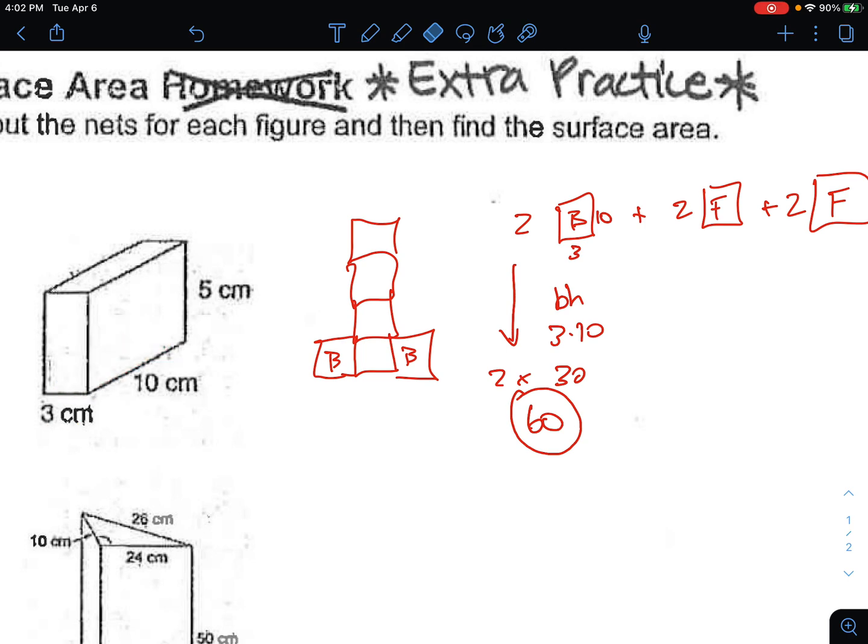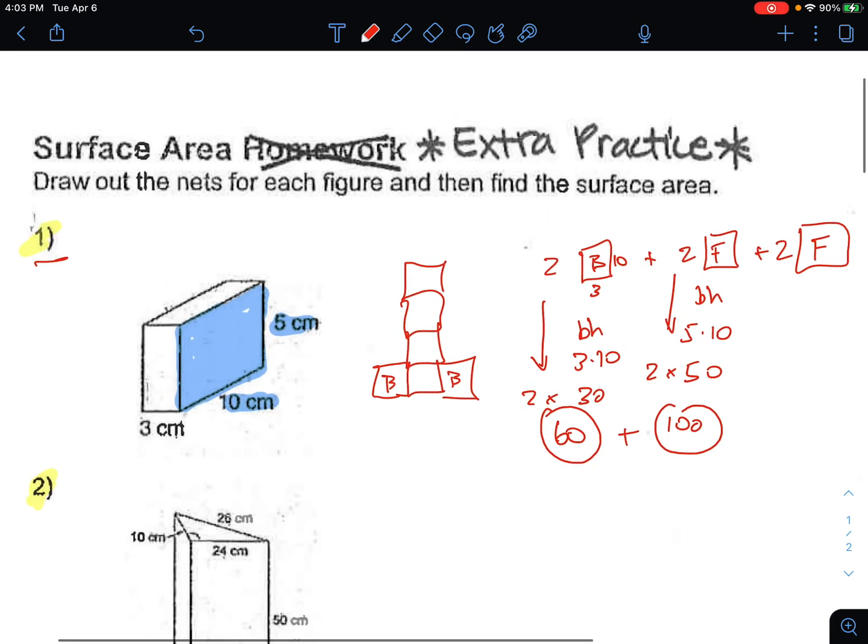So one of our faces is, let's focus on this big guy, this face right here. And there are two of them. So two of these faces, let's take a look. It's 5 and 10 is the base and the height. So I write my formula, base times height, and it is 5 and 10. And that is 50. And of course there are two of them, so 2 times 50 is 100. So we do need to add that. And then finally,